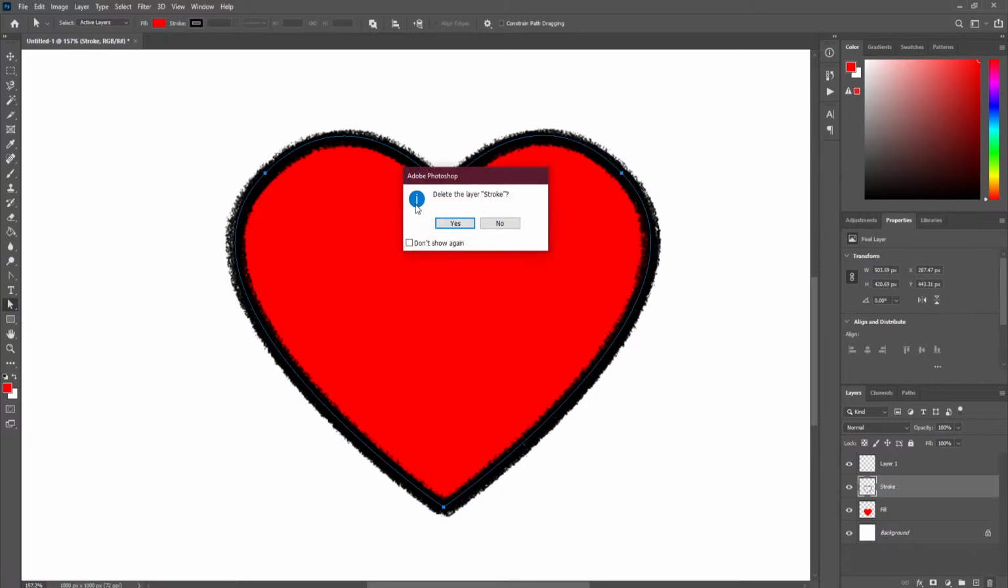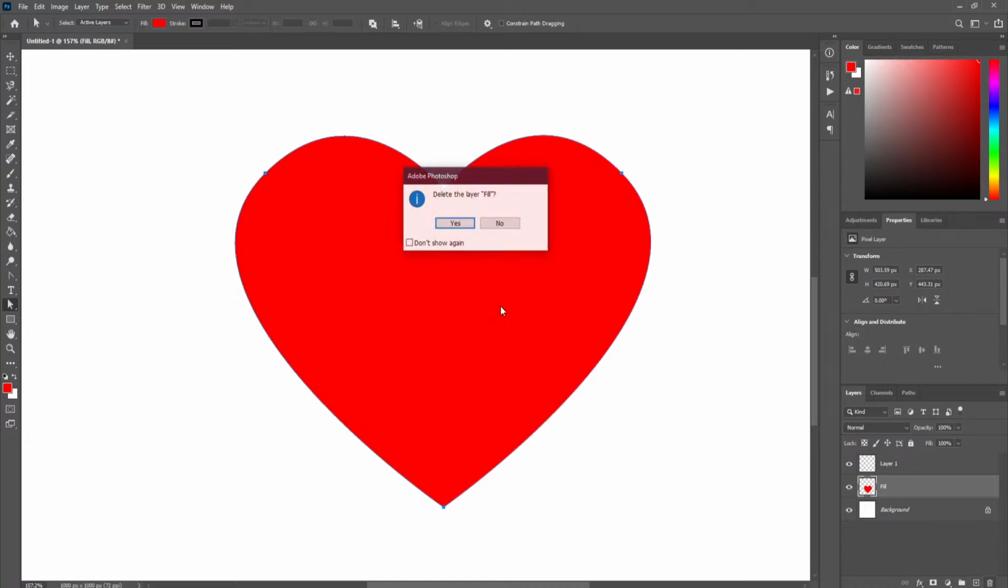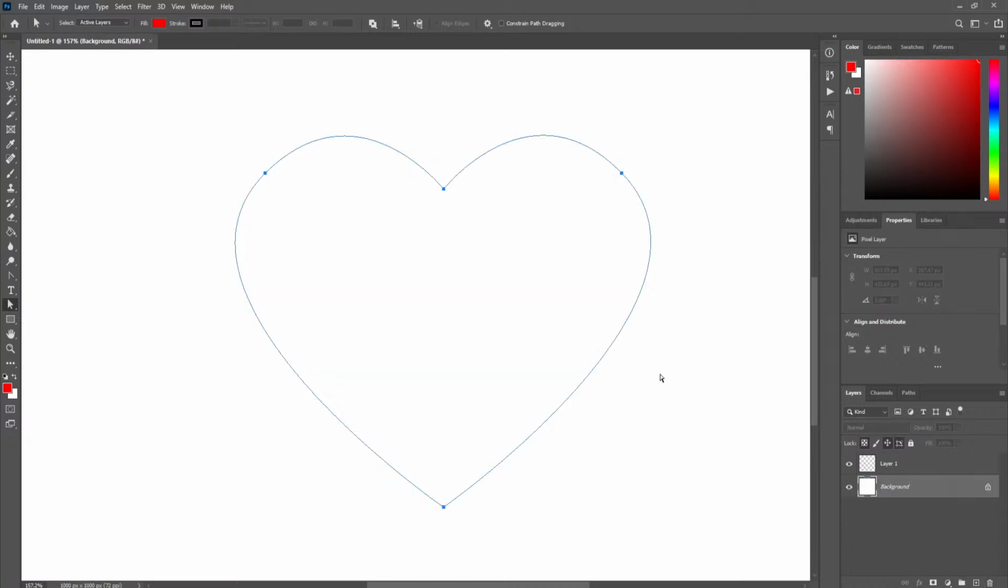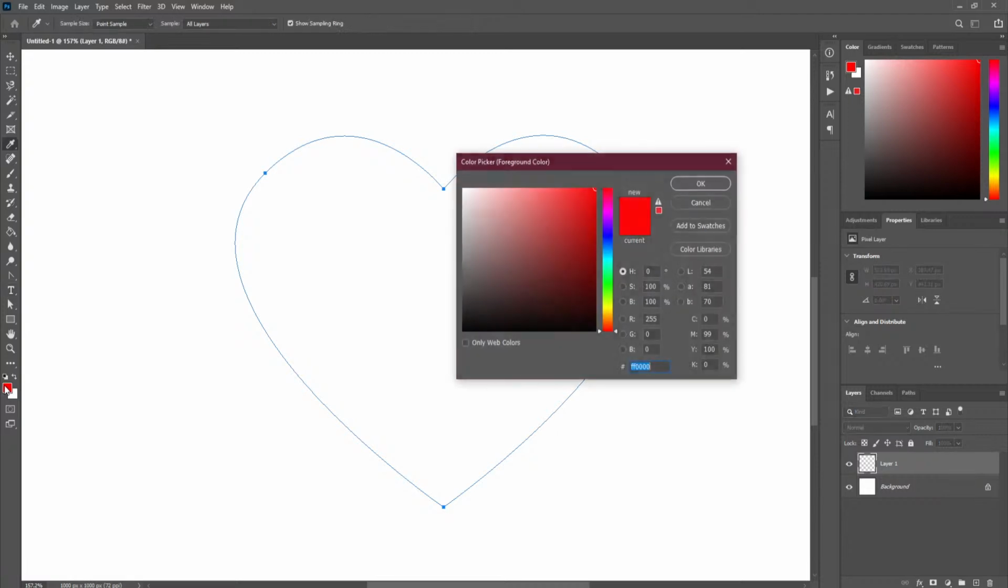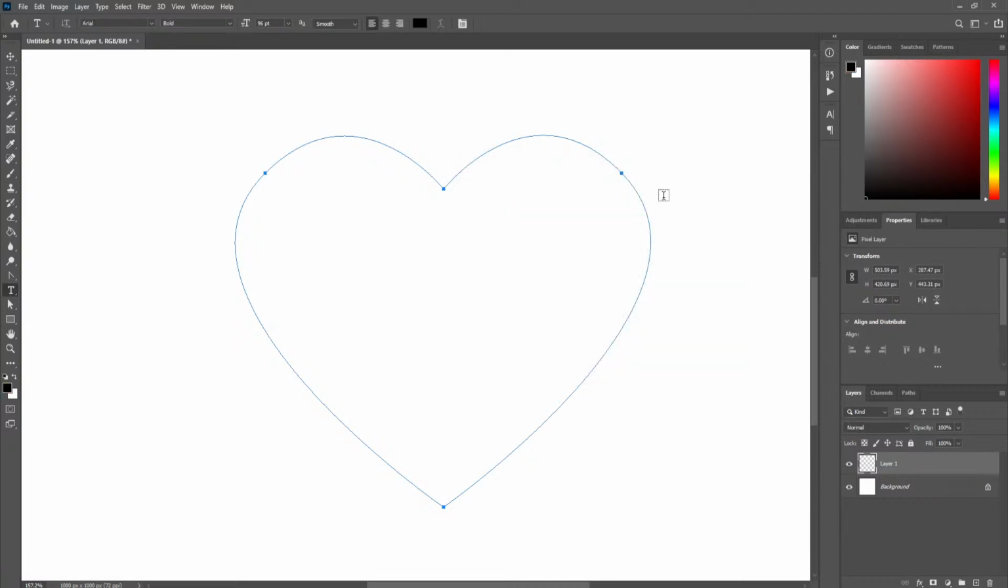Let's delete the stroke layer here, and let's delete the fill layer here. Now, next thing that we can do with the path is, as you know, I hope you have understood how you can transform a path. Now let's see one more thing, how we can work with a text tool using the path. Now, if I take the text tool here and choose any color that we want, like black, for instance, and if I move to the path,